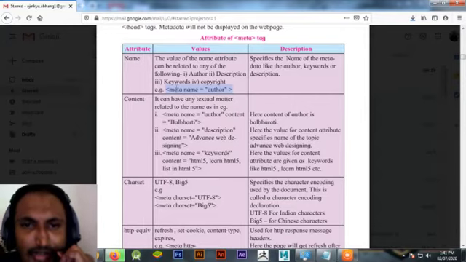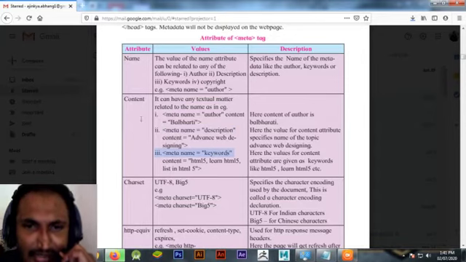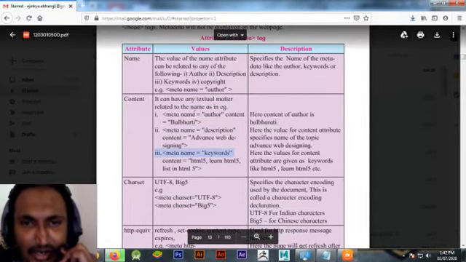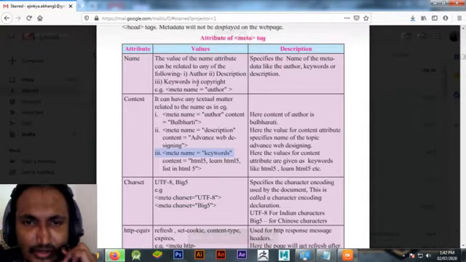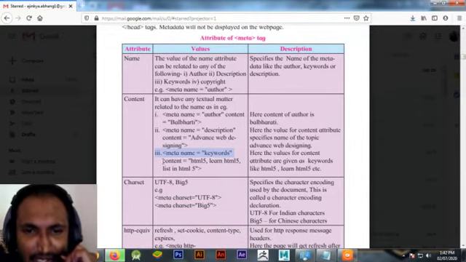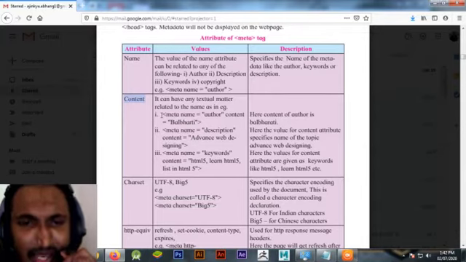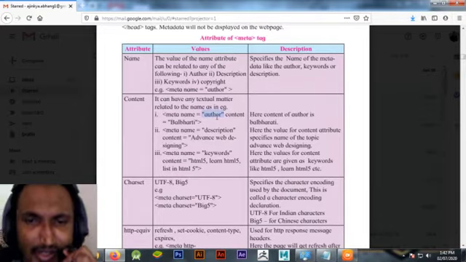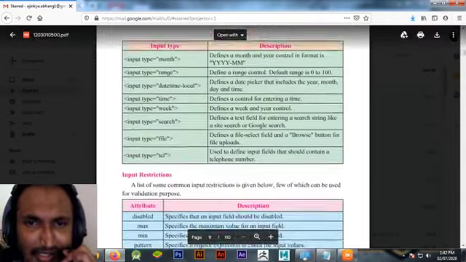Meta name author. You can write meta name author, meta name description, meta name keywords, like this, or meta name copyright. Okay, let's see another attribute, which is content. If my meta name is author, then if we see our book only, let's see